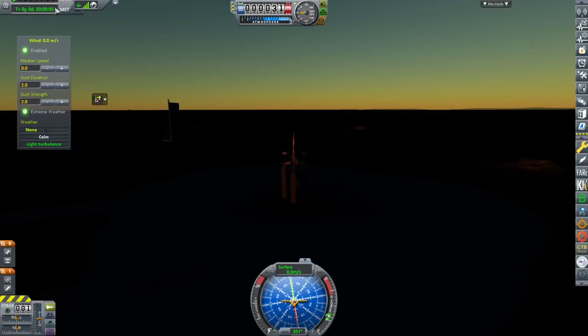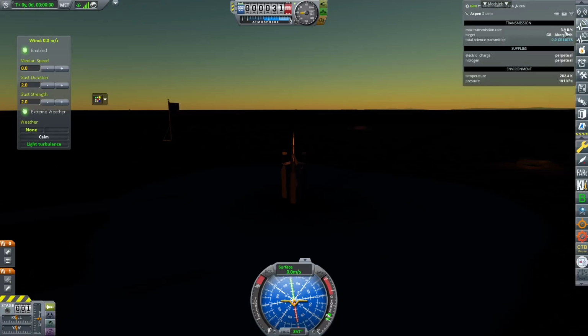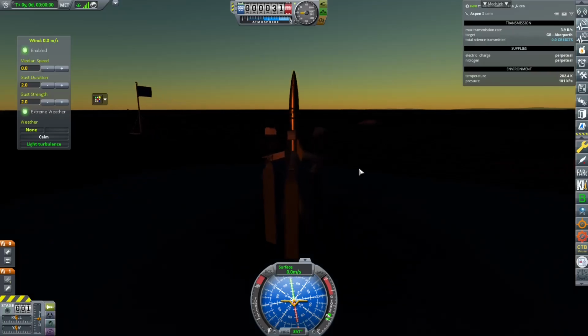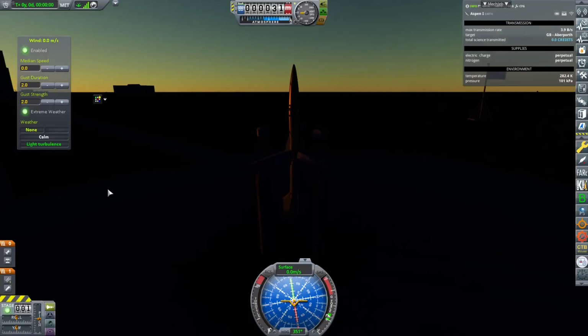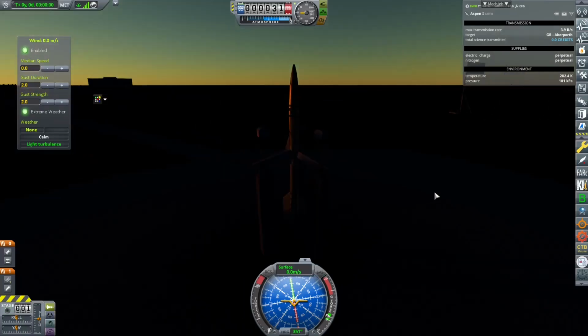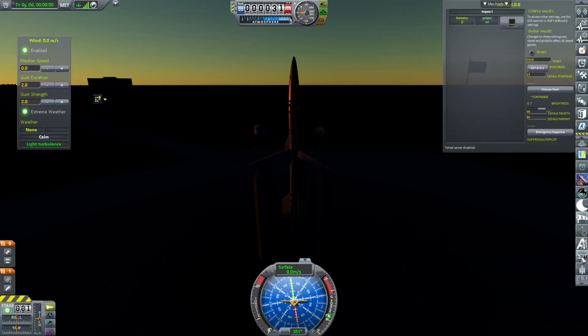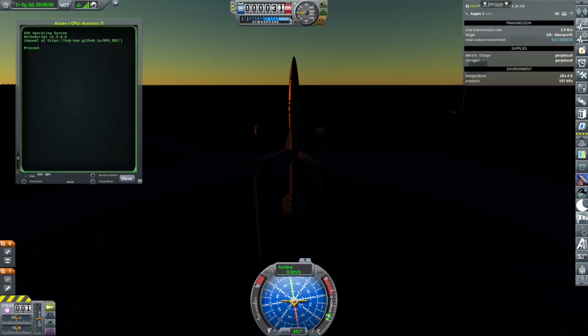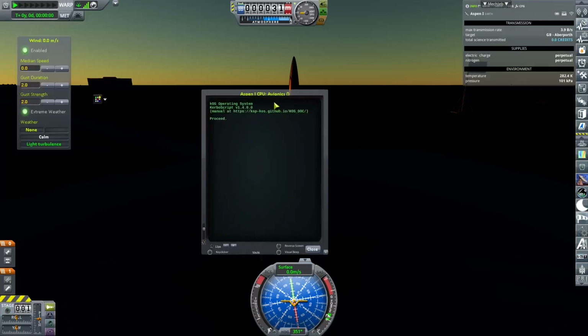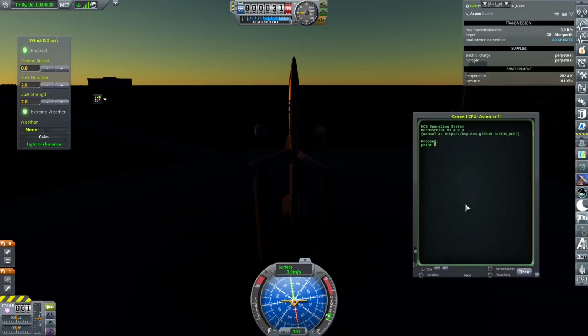Okay, so we have loaded in, and we do seem to have full probe control, which is amazing. What is our current communication? 3.9 bits per second. You know what? That will be fine. So yes, we should try and launch. Yes, if I press T, SAS seems to work. Not that we have any control surfaces to map it with. So let's go to KOS. Let's bring this open and proceed. Do things work? Yes, they do. Excellent.